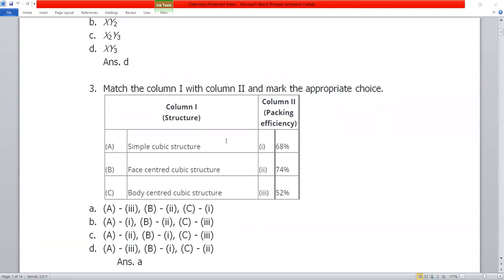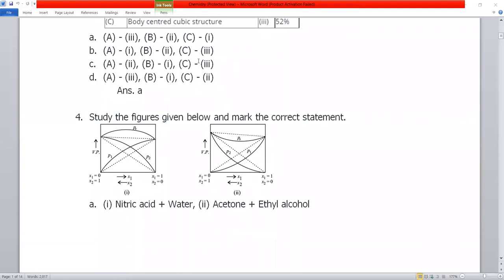Next, question number 4. Observe here they have given graphs according to Raoult's law. The ideal solution follows Raoult's law. But here Raoult's law is what is expected, but what is observed is this much, which is more than expected. So this is a positive deviation curve. Here, this is expected, but observed is this much, so this is a negative deviation curve. They have given examples, which is positive deviation and which is negative deviation. Nitric acid and water should be negative deviation, and this should be positive deviation, so this answer is not correct.